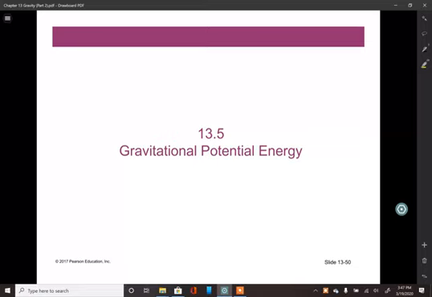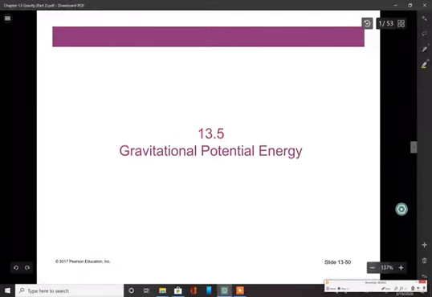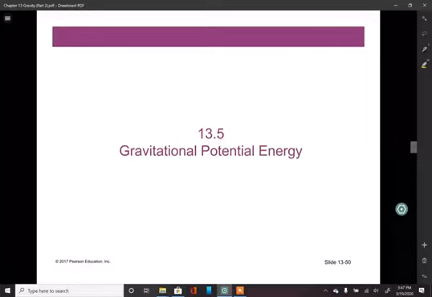Okay, so we have the second half here now of this gravity section, and that means momentum and energy, basically. We talked about forces and kinematics. This is the momentum and energy half. So we're sort of talking about gravitational potential energy and how we might calculate that, and then we'll move into a little bit about momentum. And by the end of it, we'll get to talking about Kepler's laws, because those are really energy and